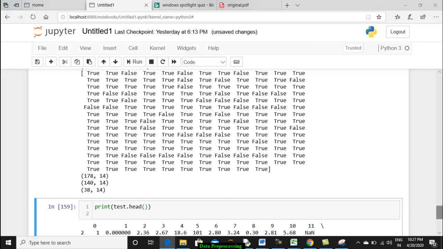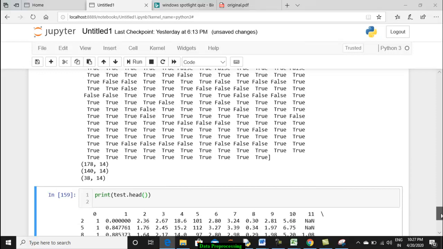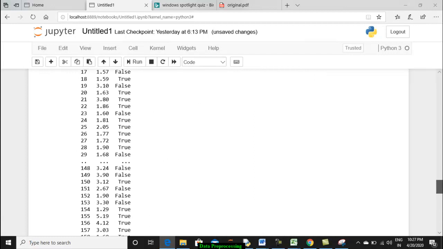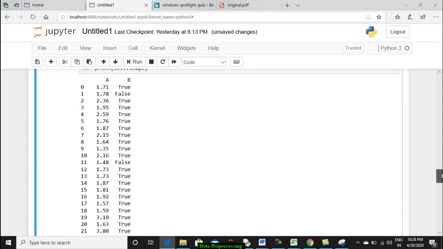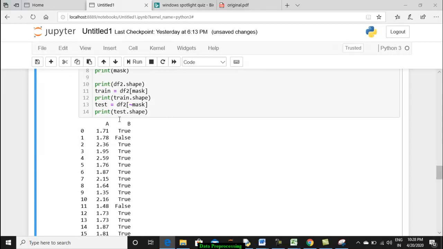Okay. I hope you are clear on dividing the data set into training and testing. It gives complete randomness, so you can also get the feel of dividing it yourself. This 0.8 is completely a number which I have assumed. You can assume your own numbers. Even if you execute this a second time, the mask will vary because it's completely random. See now, this one is false, whereas earlier the third row was false. Now this one is false. Okay. So that's all. Thank you.